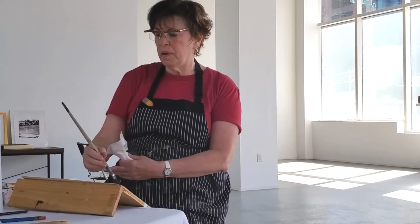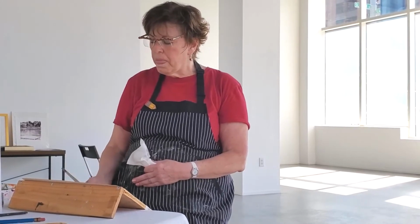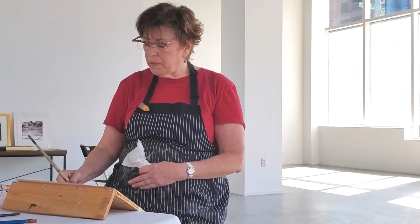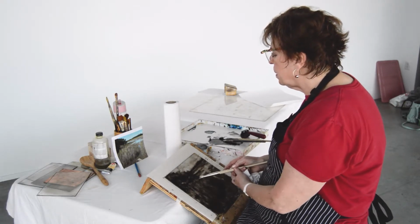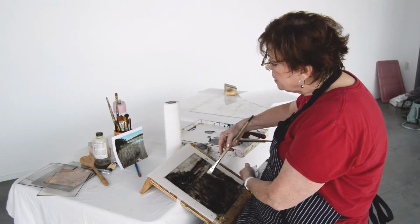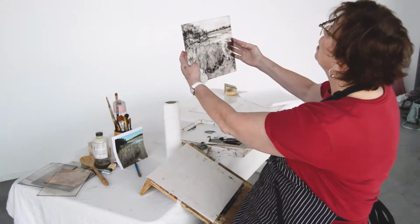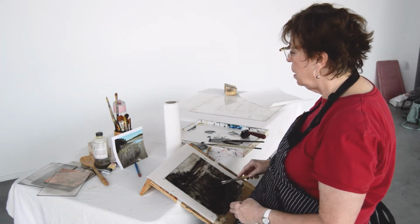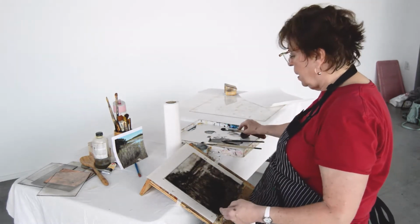I'm going to go over top of some marks that I made on the front. Watching somebody paint may or may not be like watching paint dry. So now, if I'm about ready to print, I want to deal with my paper. Yeah, I'm good, I think. I've got darks, got some lights. It's kind of marky, and